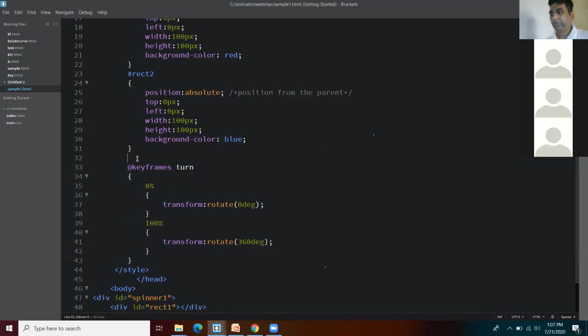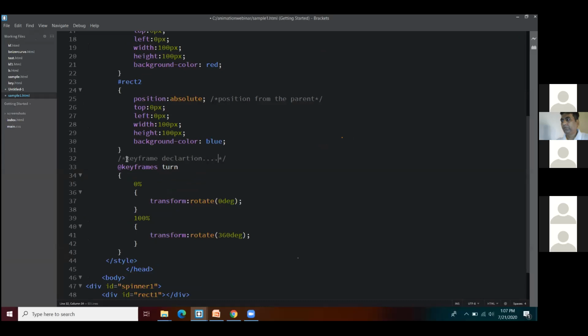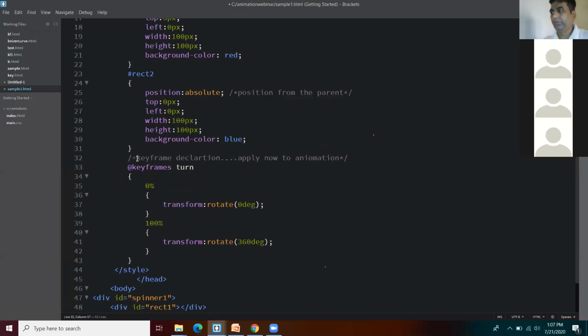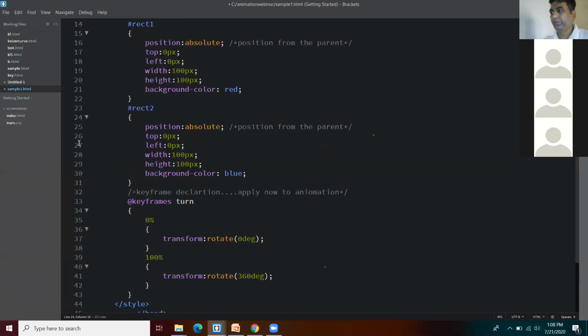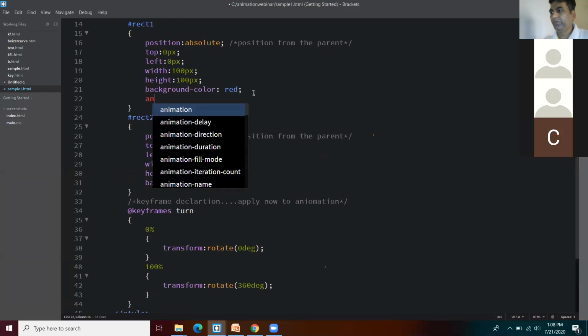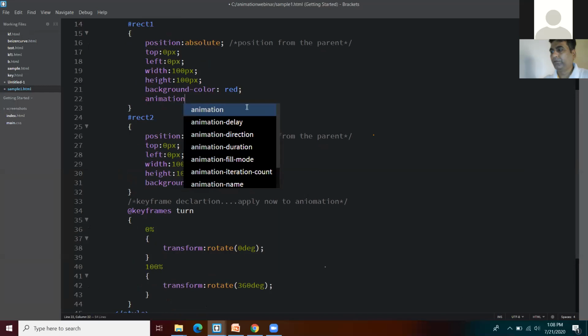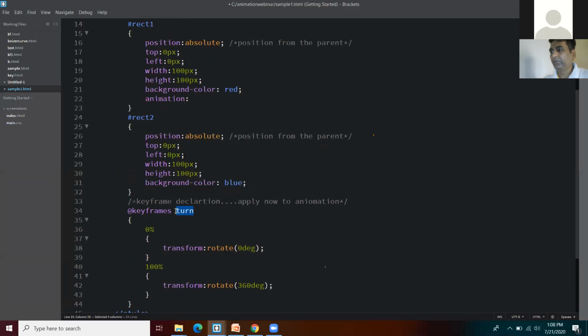Keyframes don't work until you apply them to an animation. Let us apply it now. So how will you apply it? For applying it to the animation, what is the name of the keyframe you're using? It is turn.